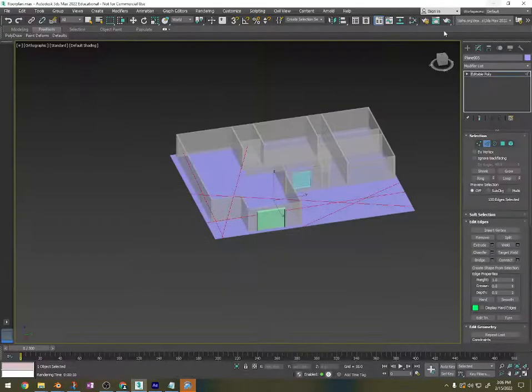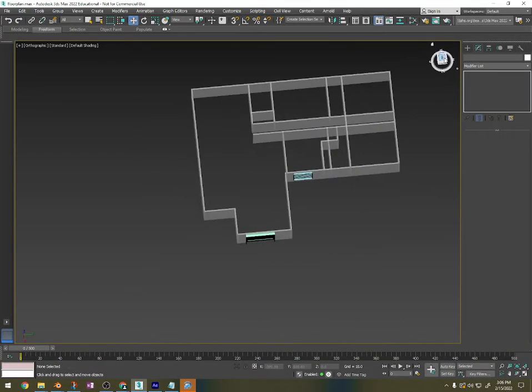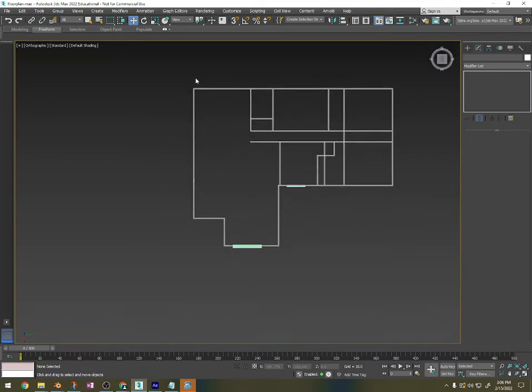Hello, in this module, Module 5, we are going to make a floor. We're going to add materials, and I'm going to break it down into 3 videos. So this video for the floor and materials is going to be one video, then I'm going to add a camera, and I'm going to animate the camera moving through the floor plan, and the last video is going to